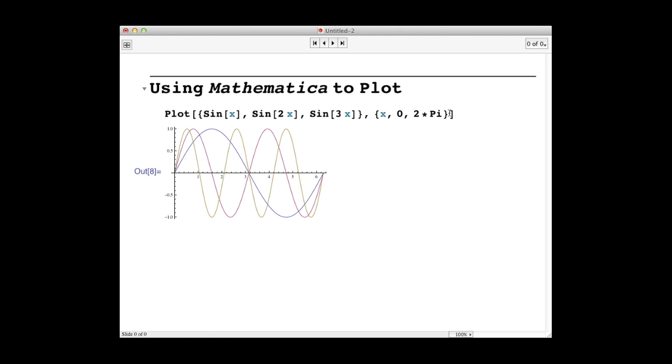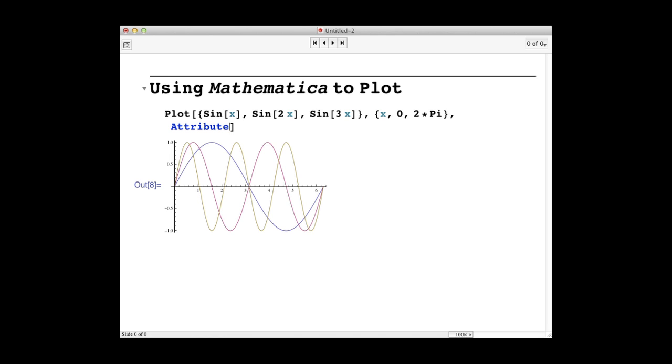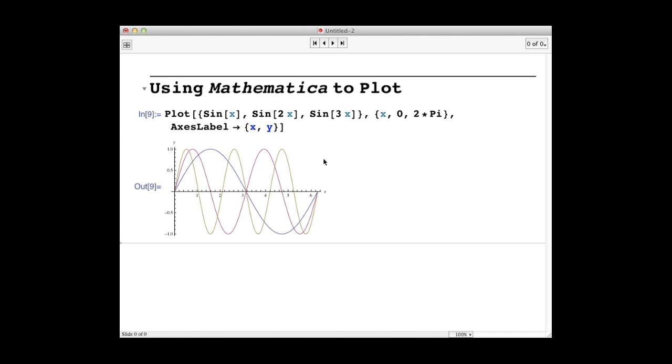Changing the visual properties of a plot requires using Mathematica's set command. It looks like attribute name, right arrow, style. To set the axes labels, the attribute name is actually AxesLabel. Notice that the word Axes and the word Label are both capitalized. Since we want to set the vertical and the horizontal axes, we'll use a curly bracket for a list, and we'll label the horizontal axis x and the vertical axis y. If we hit Shift Return, we can see that we get the horizontal axis label x and the vertical axis